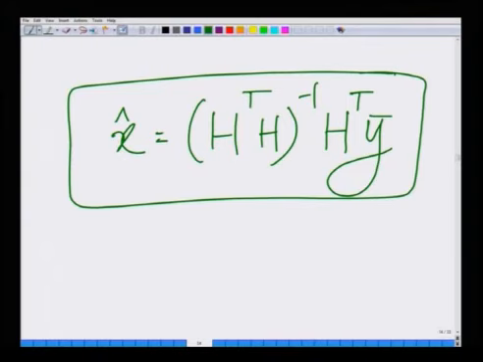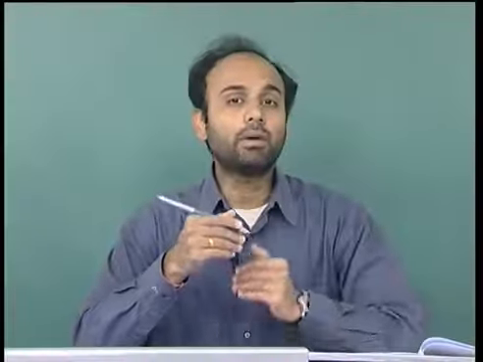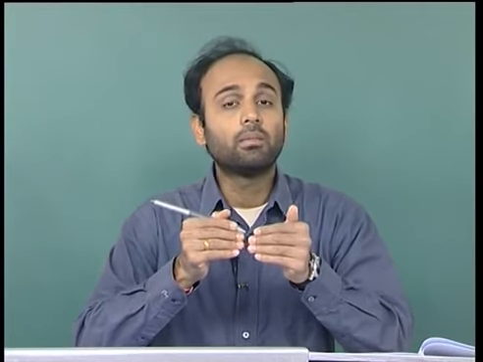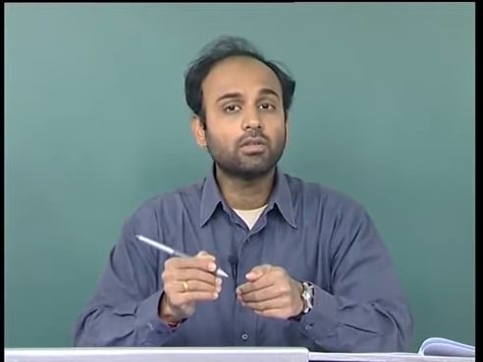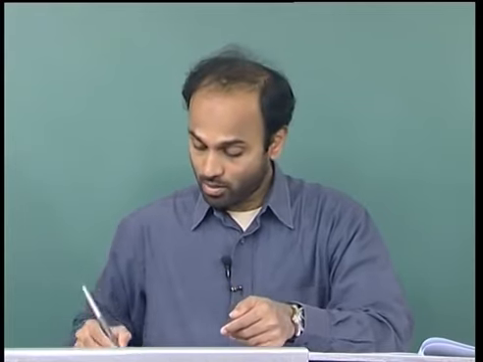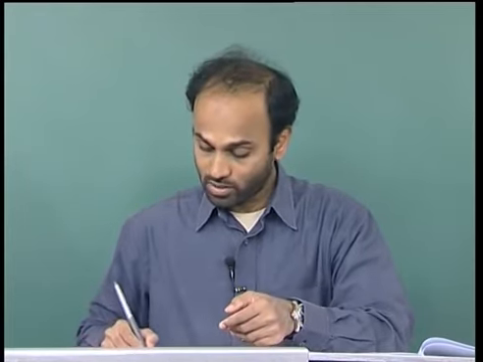Remember, earlier we were looking at H inverse y, but we said that inverse did not exist. Hence, in the case where the number of receive antennas is greater than the transmit antennas, we can use this expression, which is x hat equals H transpose H inverse H transpose y bar. And now the interpretation is that this is not an exact solution, but an approximate solution which minimizes the error. Remember, let us go back to where we started.